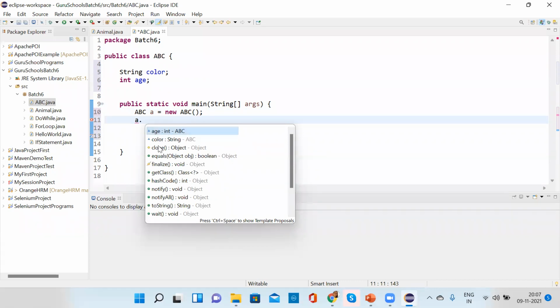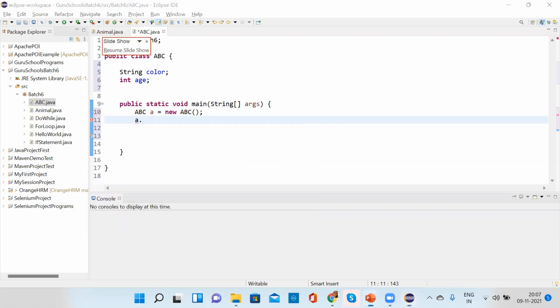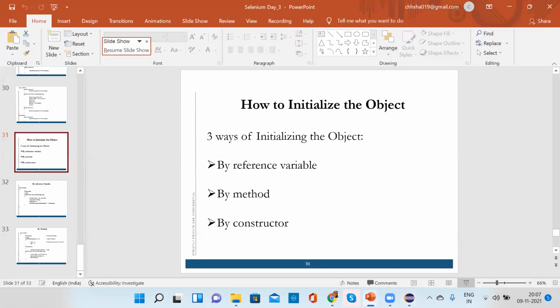See, age and color. These are the variables which we can use. Creating an object and using it is called how to initialize the object with the help of reference variable.